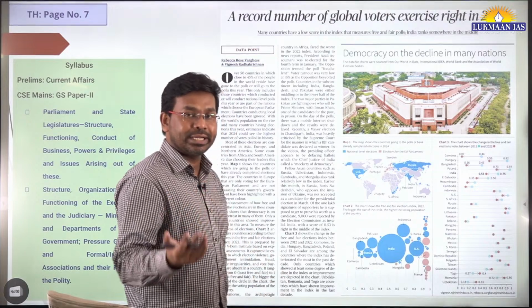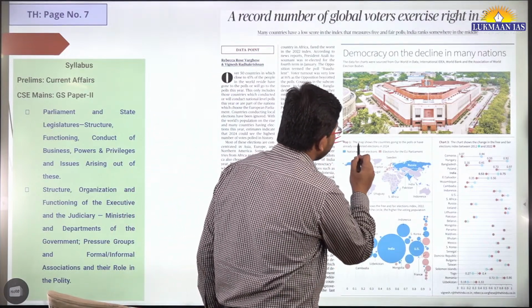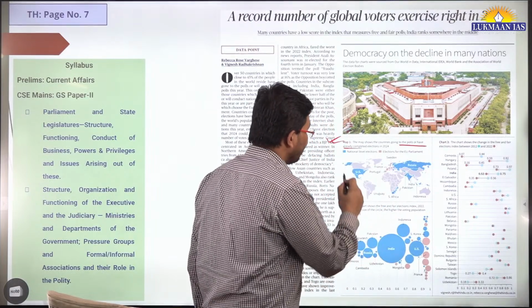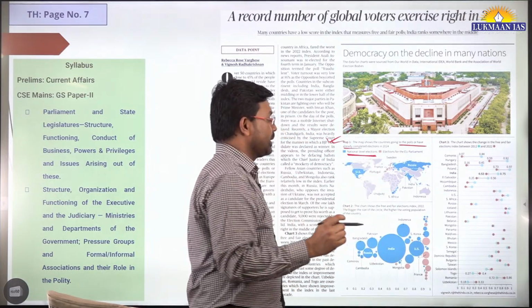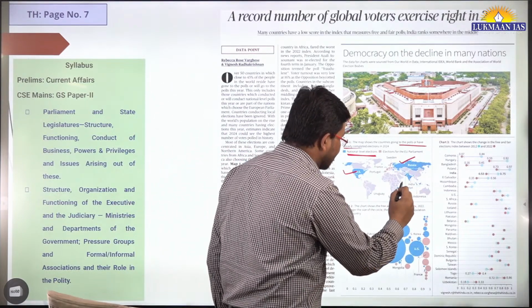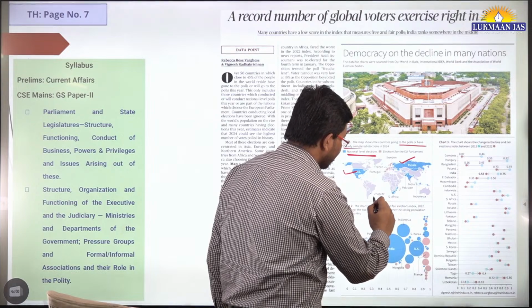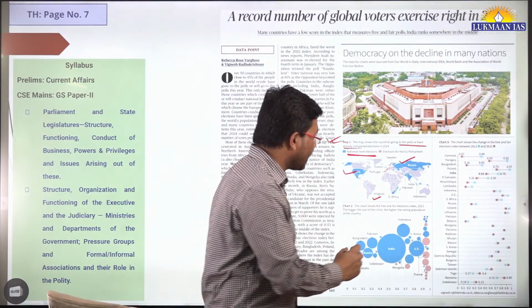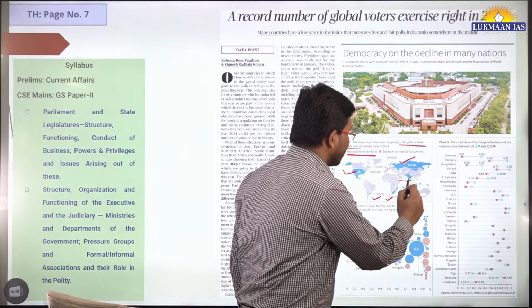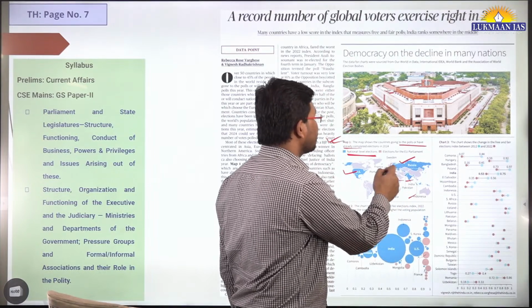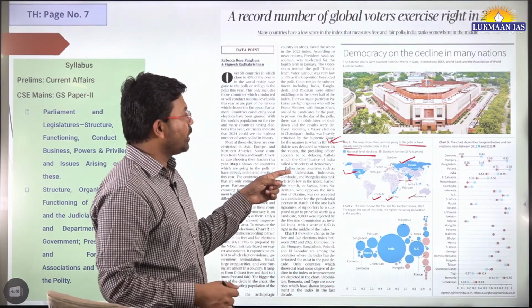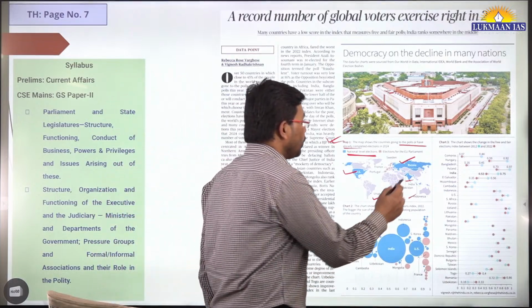So let us see which countries are going through elections. Here they have mentioned that the map shows the countries going to polls or that have already completed elections in 2024. National level elections, in which countries? The United States of America, Russia, and Uruguay, a country in South America. South Africa, India, Pakistan, Indonesia, and some other countries. These countries are going to have national level elections in 2024, and elections for the European Union Parliament.